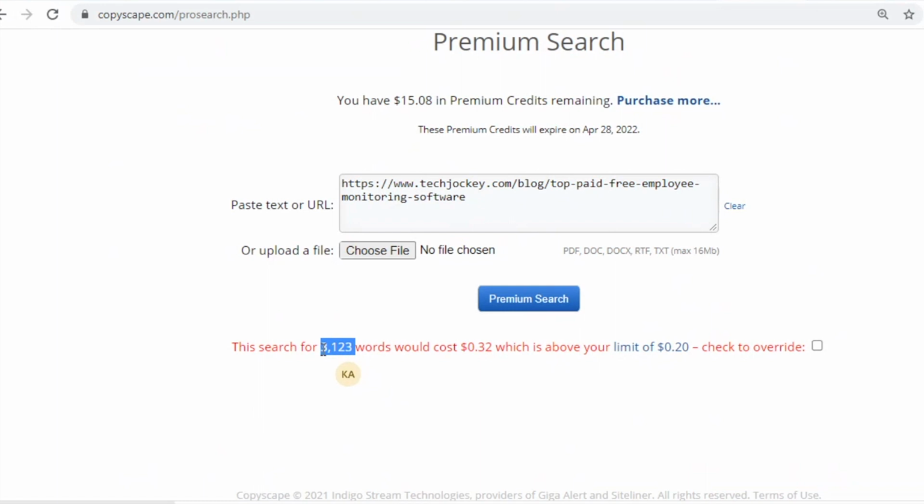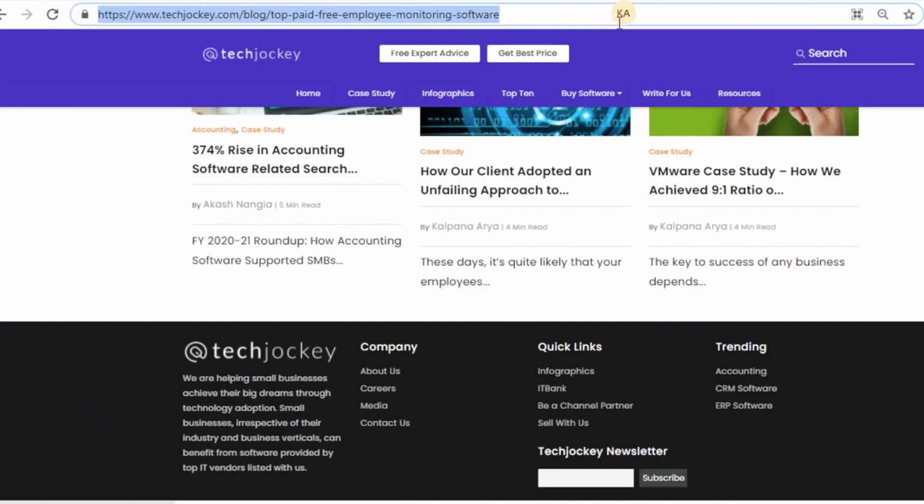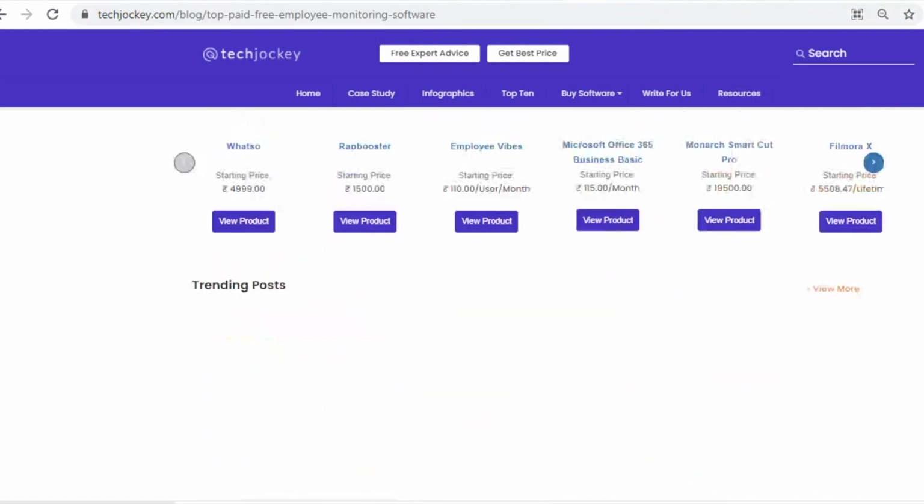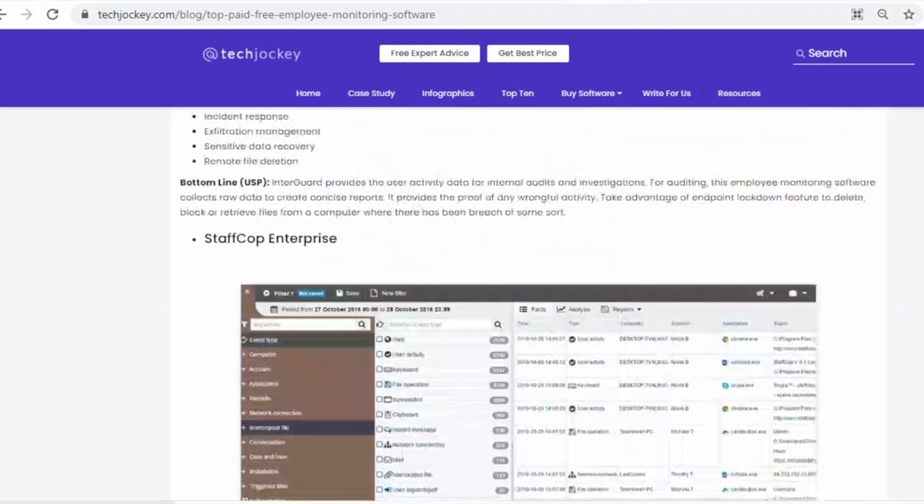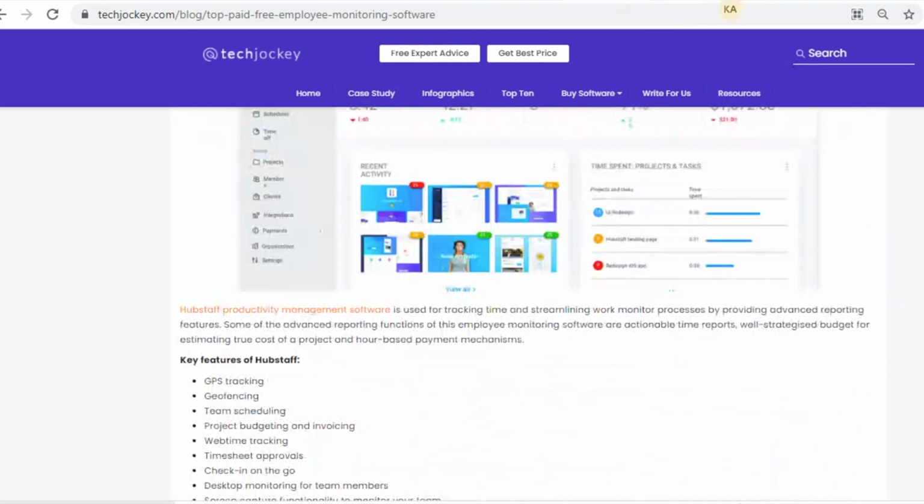So the best practice here would be to copy content in 2 or 3 parts, paste it here and get the result. This is one thing about Copyscape which is not really exciting, because 2000 words in one go is not enough, especially as you can see that in this URL there are many other elements.